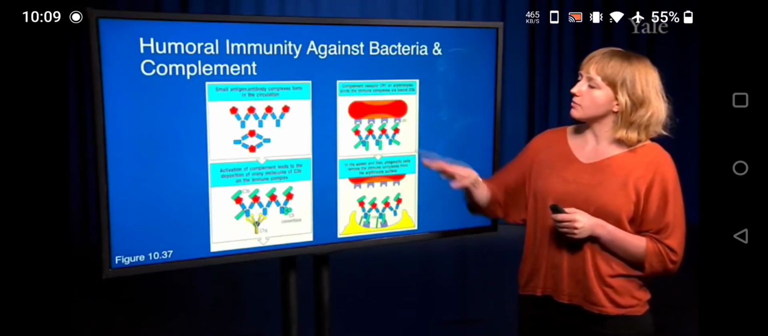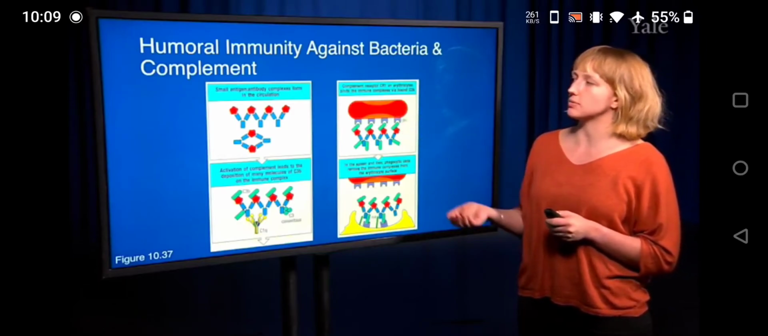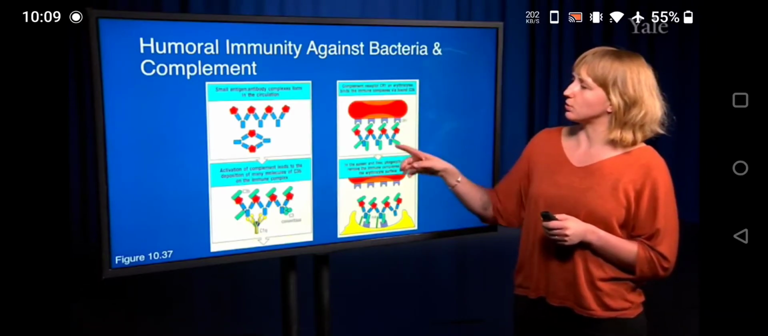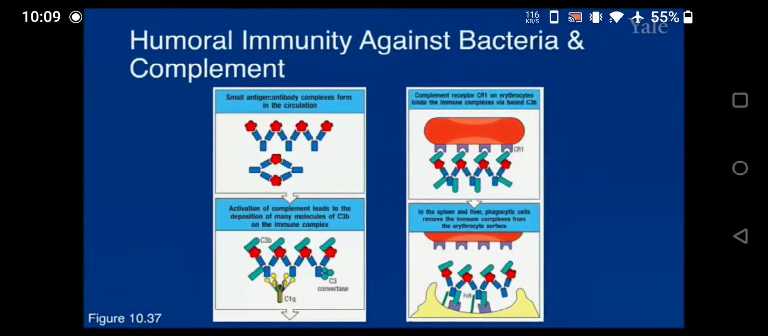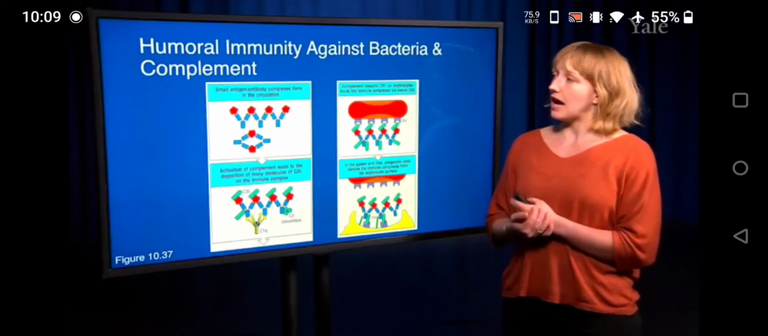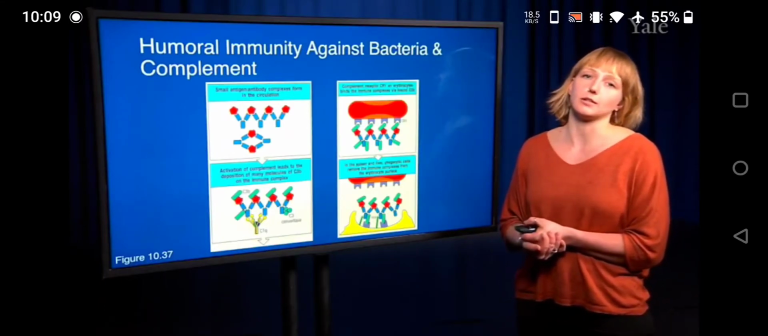Now, the complement receptor CR1 on erythrocytes will bind to these grouped immune complexes via C3b, and then within the spleen and liver, phagocytic cells will remove these immune complexes from the erythrocyte surface and destroy these. Now, this is the very general concept of complement. However, this is also very critical in the clearance of